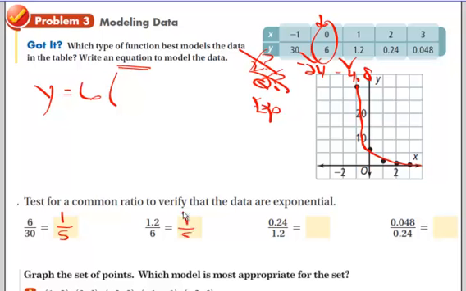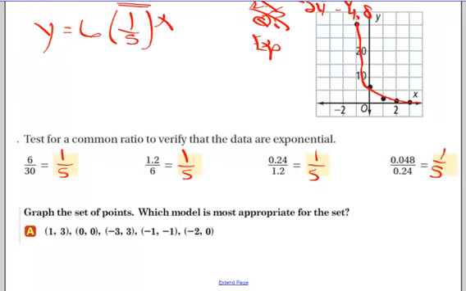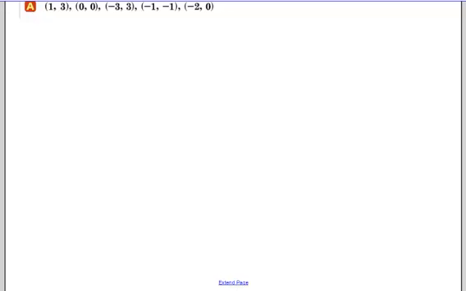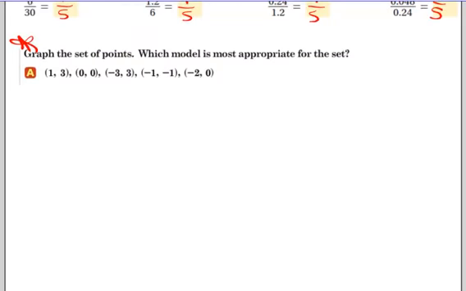1.2 over 6 is 1/5, and 1/5, and 1/5. Okay, if we take care of our calculations, that means I have (1/5) to the x power. Okay, so I do want to graph the set here, and then pick what is most appropriate. We're always going to be going back and forth between two different things: I'm graphing it and setting it into a table. So if I take my table first,